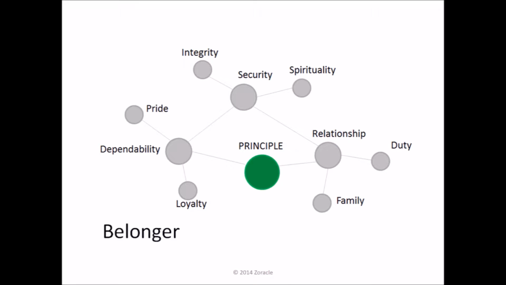This is a constellation of values. What makes this individual a belonger is the set of values that he lives his life by, that he makes his decisions by. So at the core of a belonger is someone that comes from a moral compass or set of principles that they're living by. So they're driven by relationship. They need security, stability. These are dependable folks.